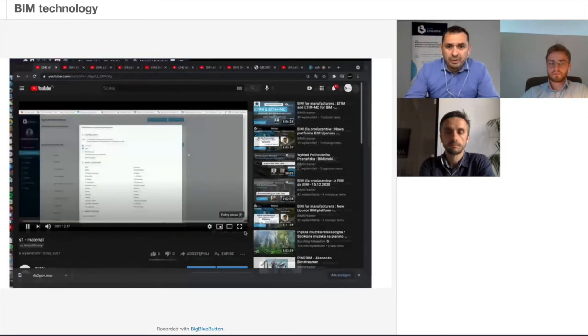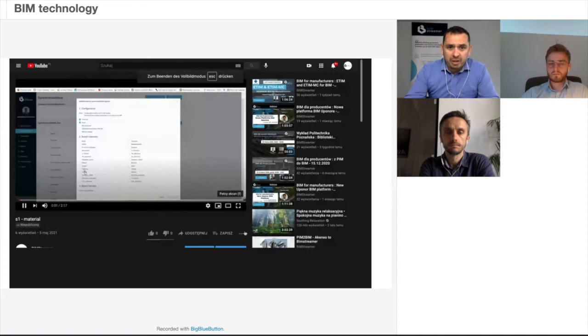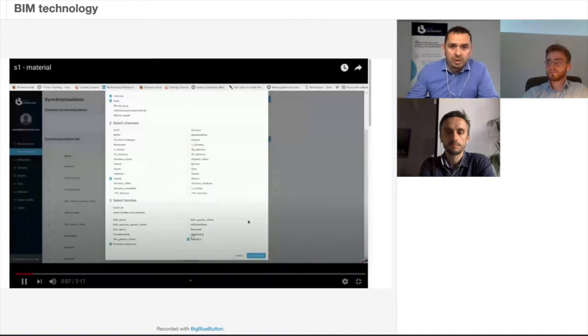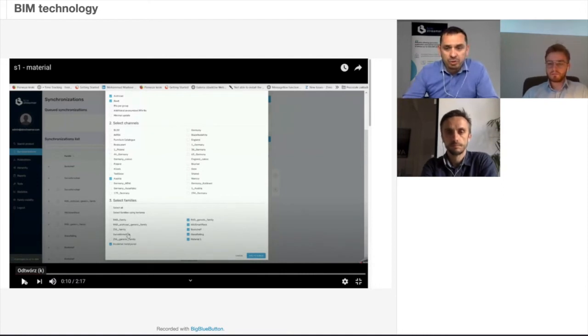Right now, we're within the BIM Streamer platform within the back office. As you can see, we've selected several different families that we are about to synchronize. Synchronize means generating BIM files based on the data and based on the geometry if there is one. So as you can see right now, we've selected 1, 2, 3, 4, 5, 6, 7, 8. 8 different families, and these are the examples that we're about to use